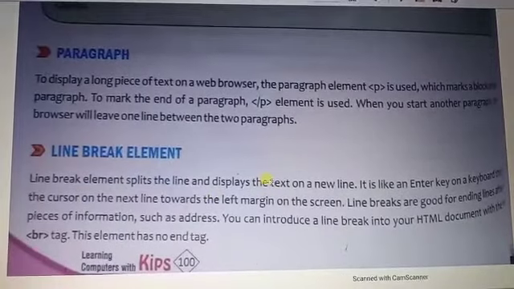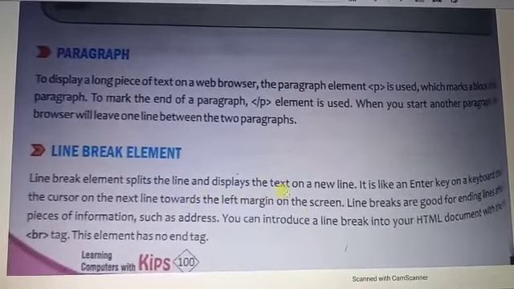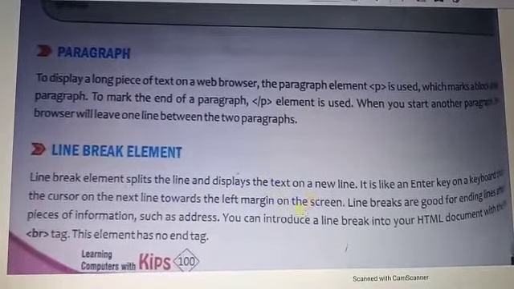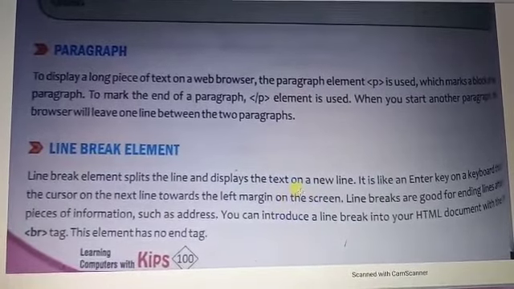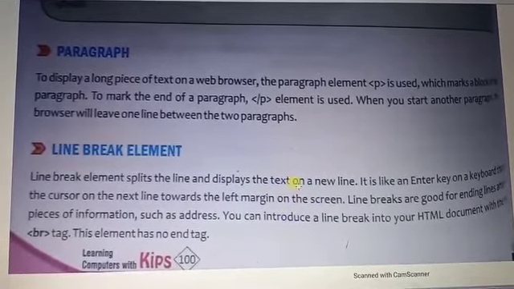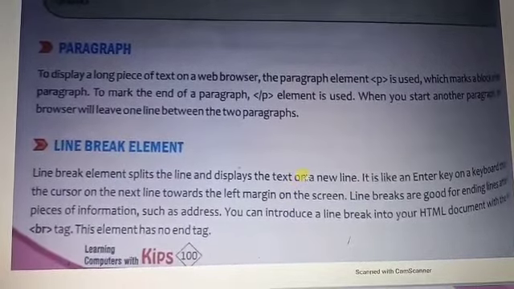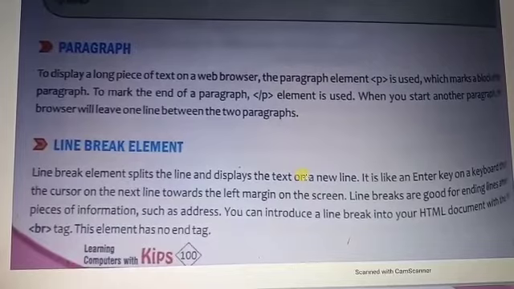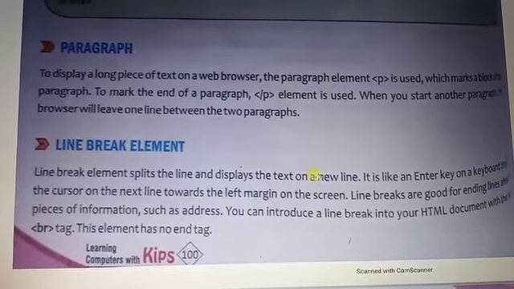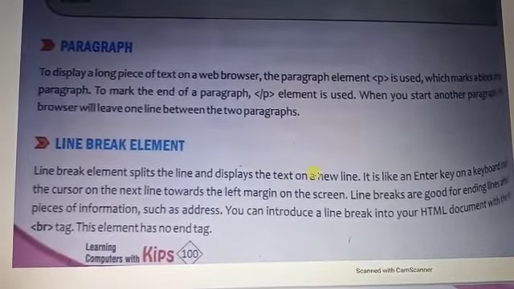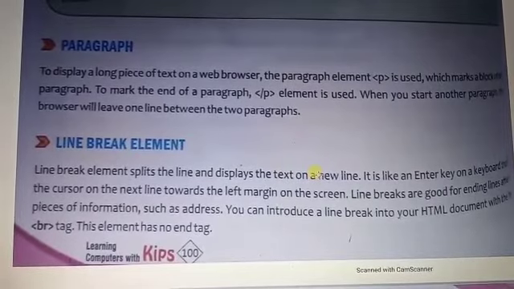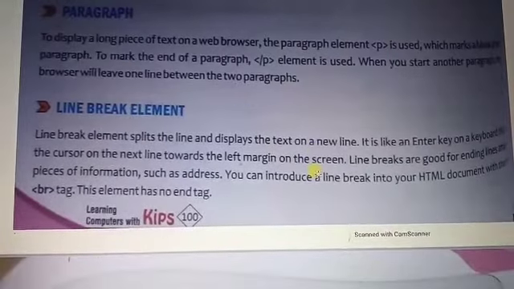Then the line break statement. The line break statement just breaks the line. Its acronym is the BR tag, and it is an empty kind of tag. You can use either the opening BR or closing BR. It just performs the line break operation. Where it is used, it automatically cuts the line and shows the text on the next line. That is the line break statement.